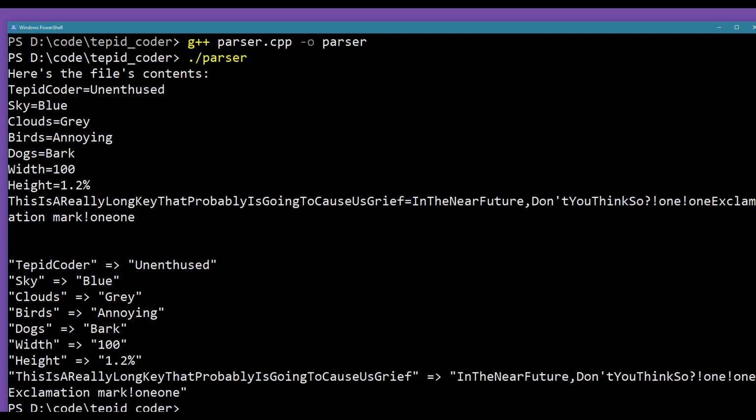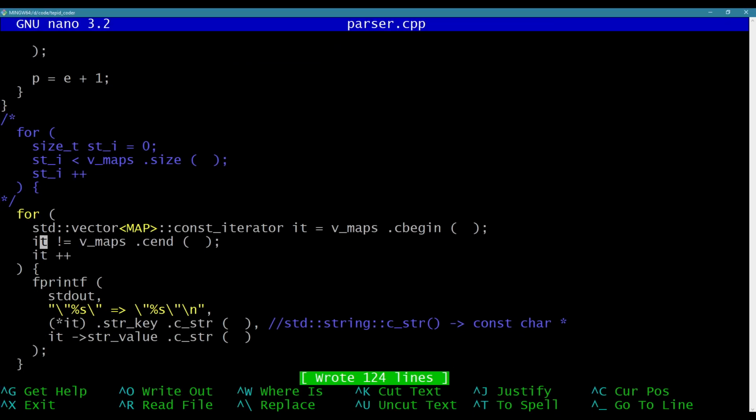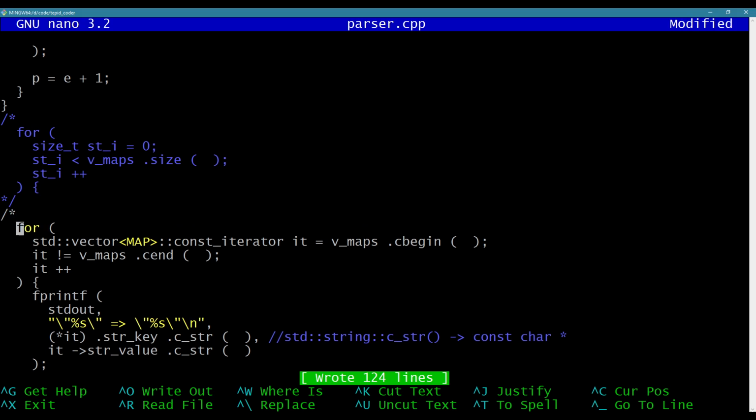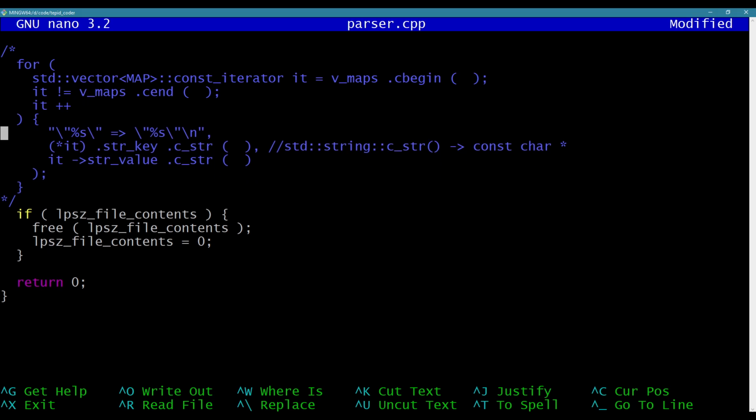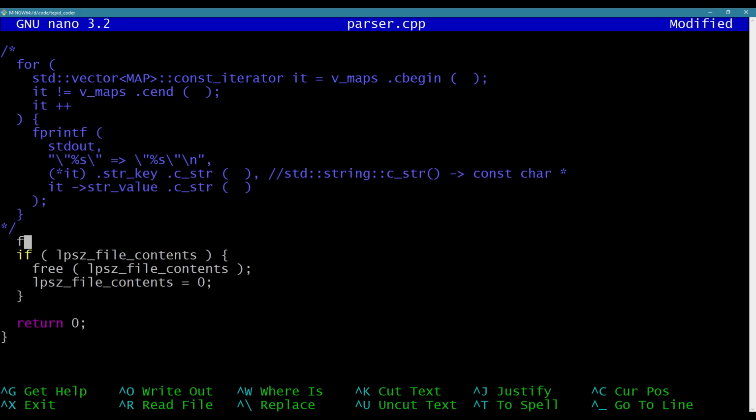Okay, parser. So you can see it still looped through it. And there's an even easier way to do it now with modern C++. Instead of this, I'll even just comment this out, so if anyone wants to try any of these, they can mess with it. I'm just going to copy this piece. And you can do for,